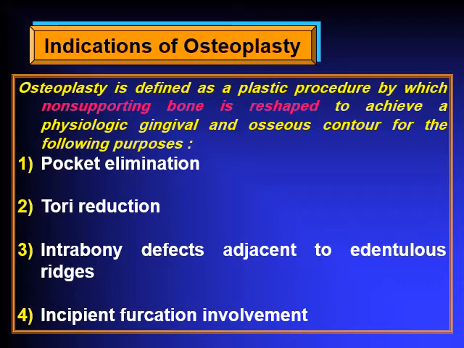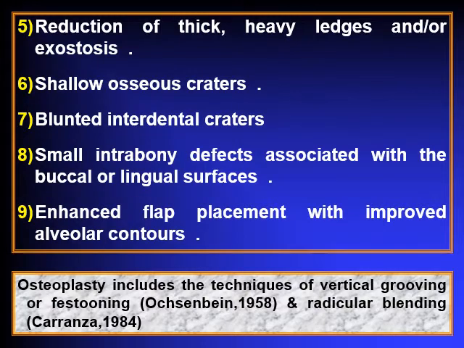Now, what are the indications of osteoplasty? Number one, pocket elimination, because we mentioned that the goal of the osseous resective surgery is the elimination of the periodontal pockets. Number two, tori reduction. Three, intrabony defects adjacent to edentulous ridges or incipient furcation involvement. Number five, reduction of thick heavy ledges or exostosis. Shallow osseous craters or blunt interdental craters, or small intra-bony defects